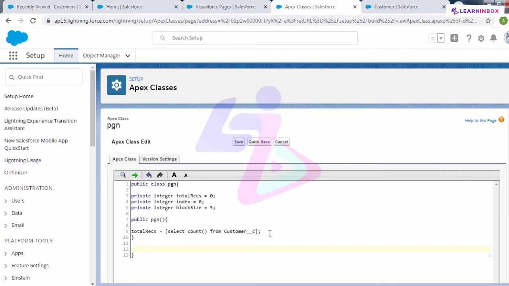Now, if you remember, we made use of a list while creating certain records for the objects. Here also we'll use a list.